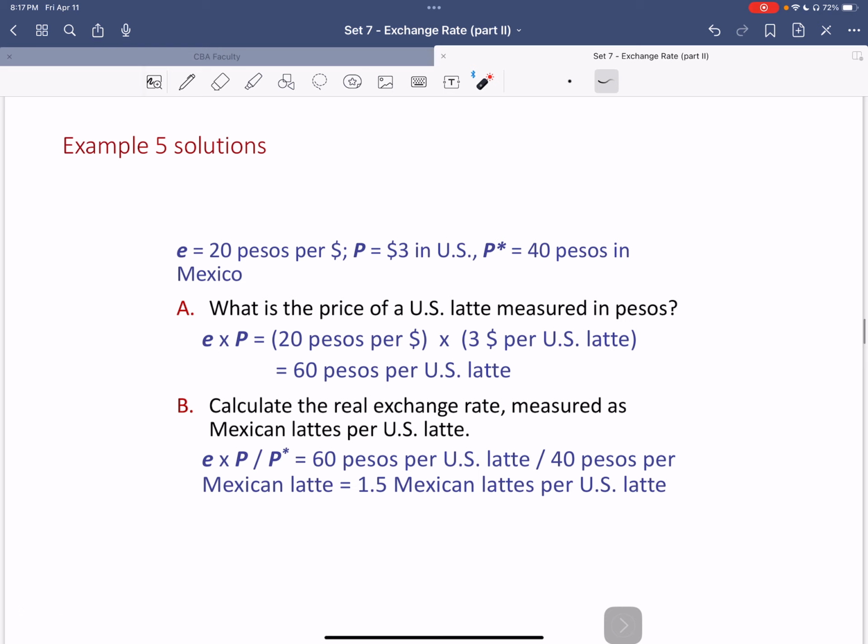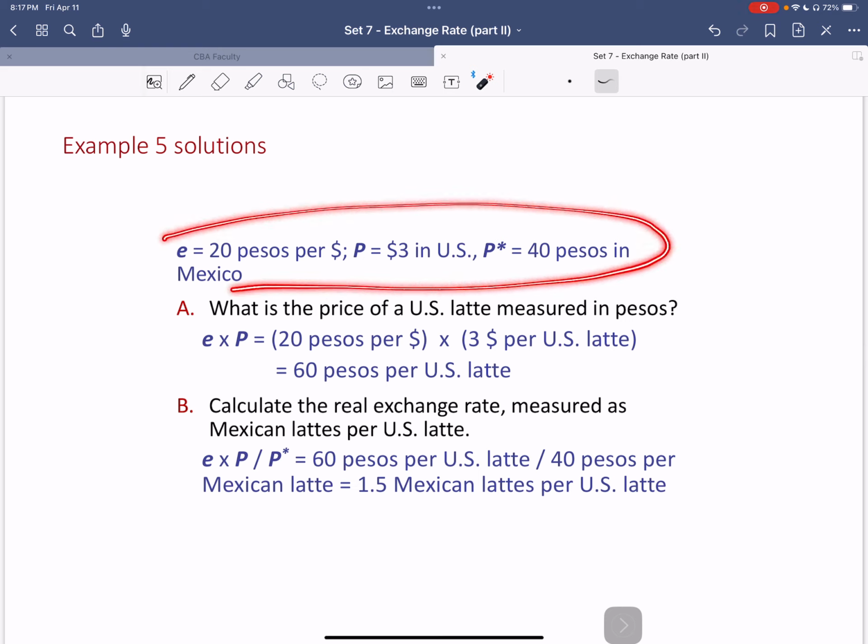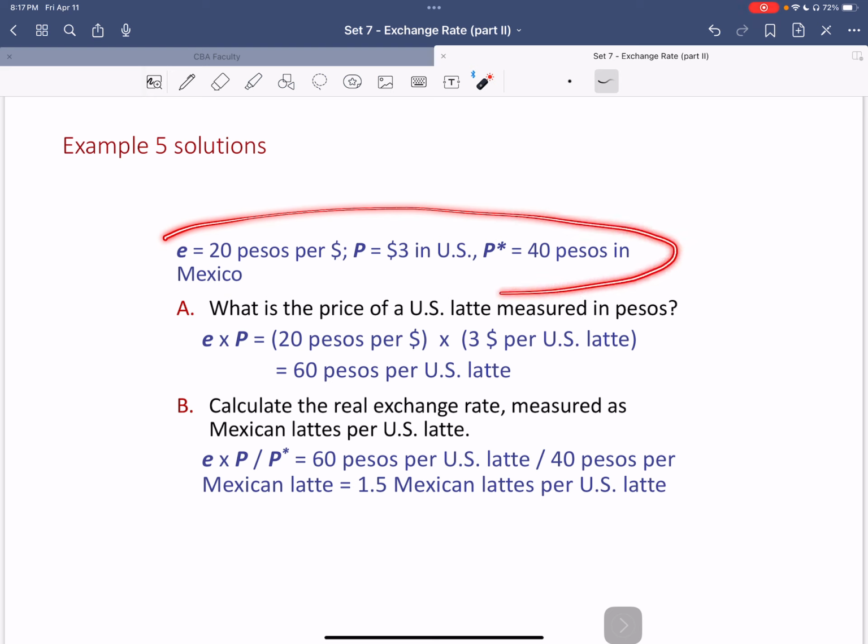All right. So, what we know so far from the question is the nominal exchange rate, the price of latte in US, and the price of latte in pesos in Mexico. The question is asking first, what is the price of US latte measured in pesos? If I want to find the price of latte in pesos, I need to multiply that price with the nominal exchange rate. Okay, so the nominal exchange rate, 20 pesos per dollar, times